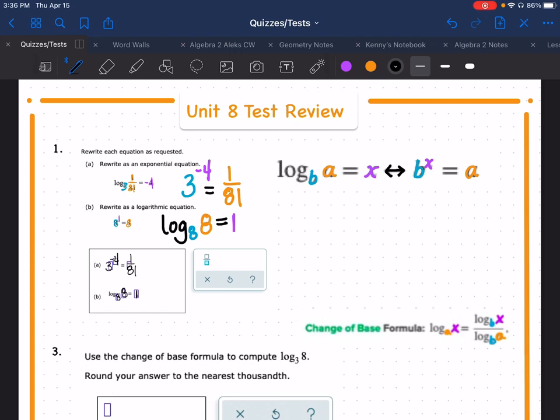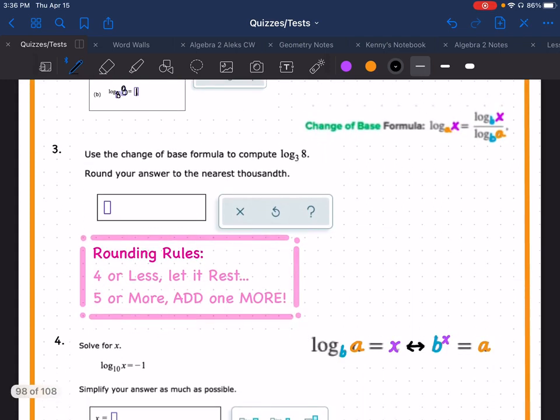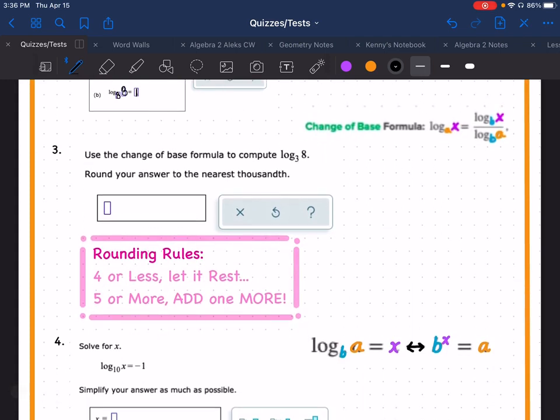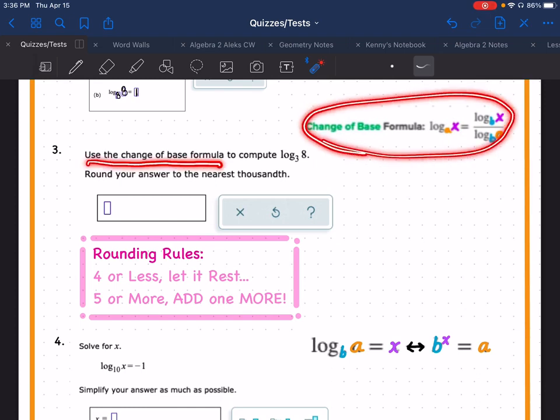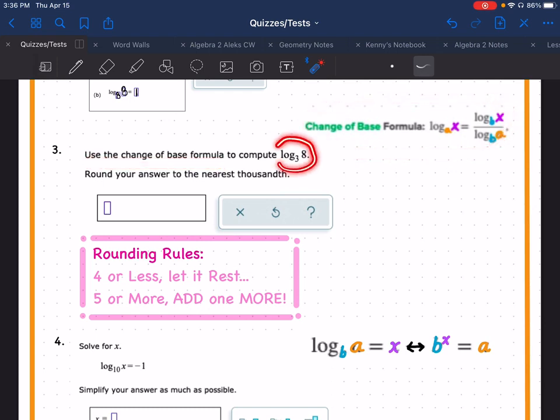There we go. All right, question number 3 is the next one I wanted to talk about because this is the one where they ask you to use the change of base formula. Here's our change of base formula right here. So you're going to take the log that they gave you and color it just like this. If you take a look, what the change of base formula basically does is it takes the larger of the two numbers, which is my purple X, and it divides it by the smaller of the two numbers, which is my orange A. The blue base that I'm going to be using for this one is actually going to be